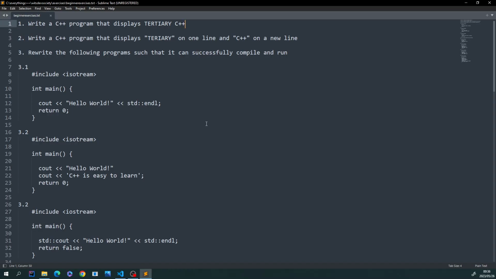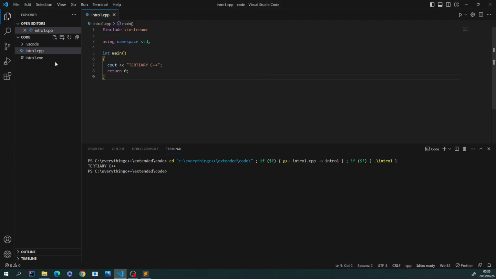And then going to the second one, the second one says write a program that displays Tertiary C++ on one line and C++ on a new line. So this second question is to remind you or test you on your understanding of the new line or the endl function. So this is intro number 2.cpp,